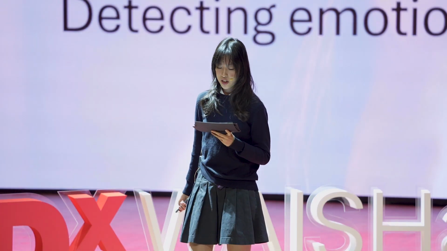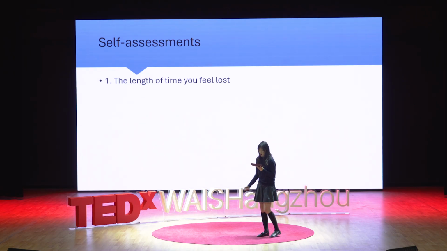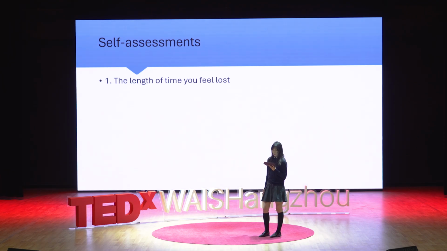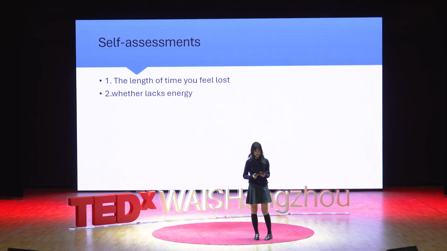So here are some suggestions of how we can detect our emotions on time. Well, firstly, you have to notice how long the confusion or sadness has been going on. If it occurs once a week, it's probably fine. Just take a rest. However, if the situation continues for more than a few weeks, and you feel that there's no motivation to do things, then you need to consider depressive behaviors and observe your behaviors for a few weeks longer.